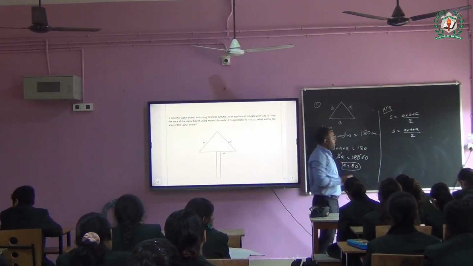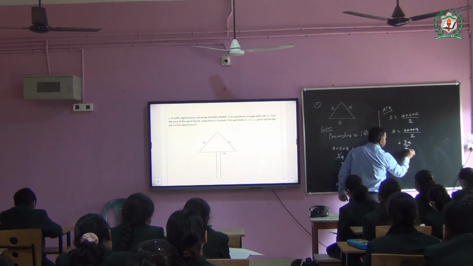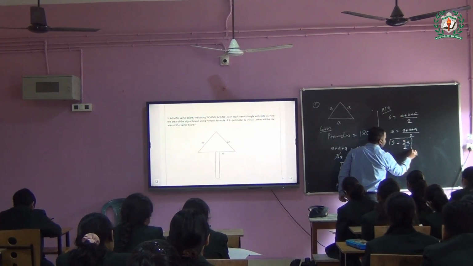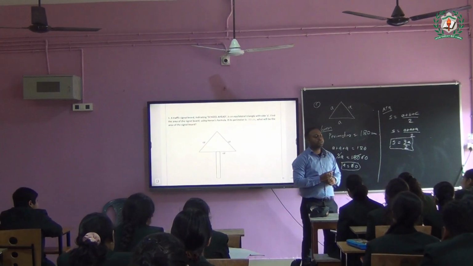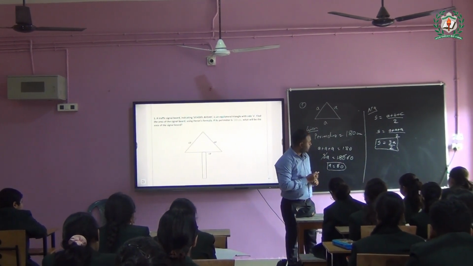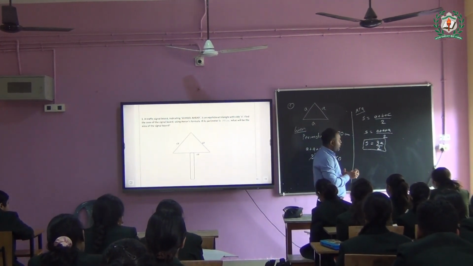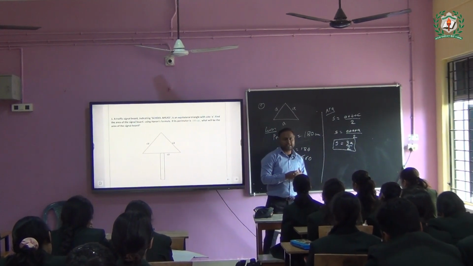So you see, A equals all same, that becomes 3A by 2. We have a semi-perimeter 3A by 2. Is that clear? Okay. So now what is the formula? We simply put the values of A, and we can get our answer.